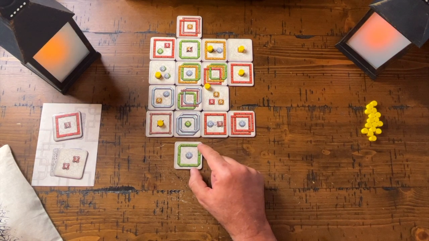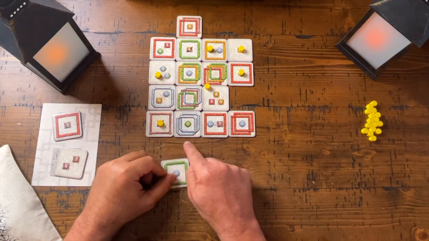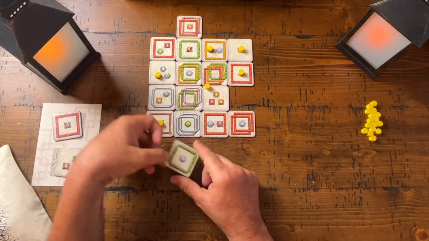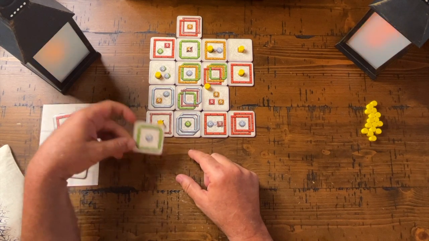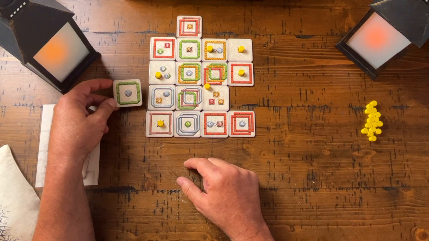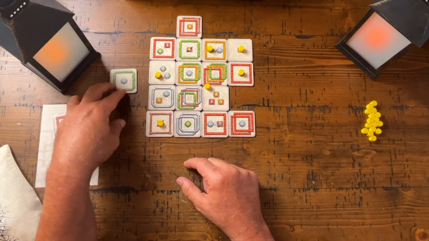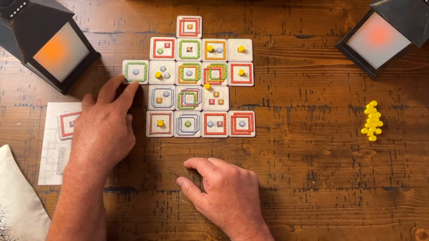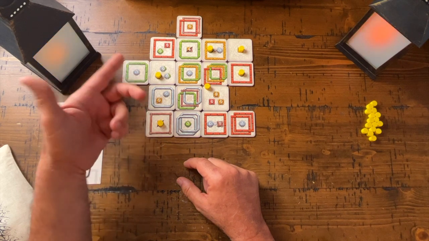I could put it here too, but again, my goal was to bring silver down this way because I have these 2 tasks. So I don't really want to block it by putting it here. Can't put it here. I can, but it's useless. So what do I do with this? Well, I'll put it here, which will complete